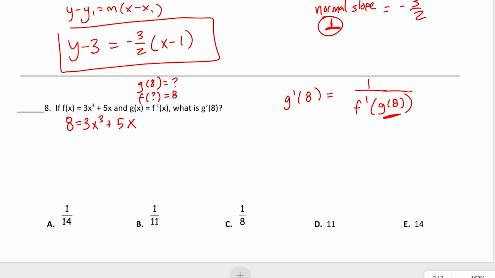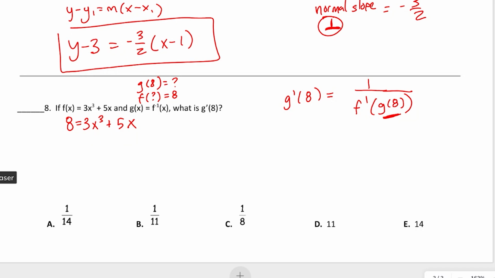Okay, so we've got this. How are we going to solve this? Hang on a minute. This is a cubic, and we have really not solved any cubics yet this year. But if we look at this problem a little closer, we've got a sum that equals 8. And if you take a quick look at these coefficients, they're 3 and 5, which already have a sum of 8. So in order for this sum to be 8, the x cubed and the x both need to be